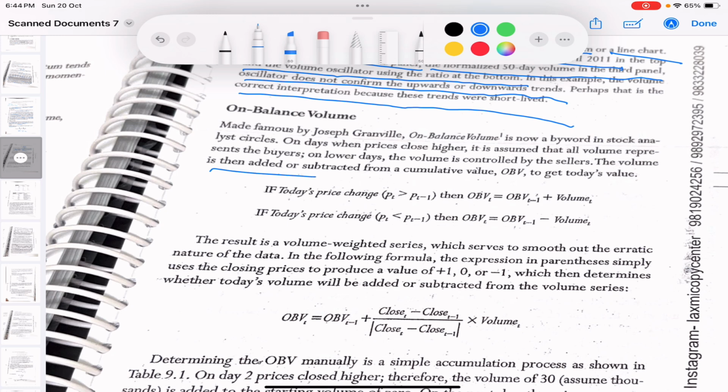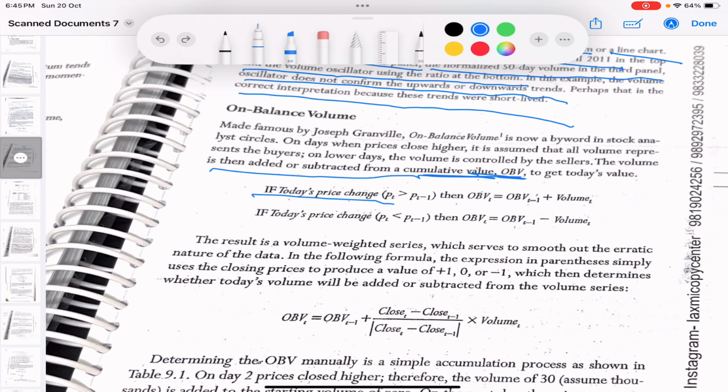The volume is then added or subtracted from a cumulative ratio OBV. If today's price change, let's say today's price, okay, what is this? Don't get confused when you look at these mathematical terms. Just think about it. T means today, P means price. So in the case when today's price is more than yesterday's price, then OBV will be OBV of yesterday plus today's volume. OBV of yesterday plus today's volume. If today's price is less than yesterday's price, then OBV will be